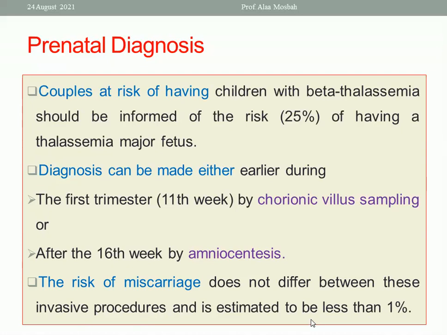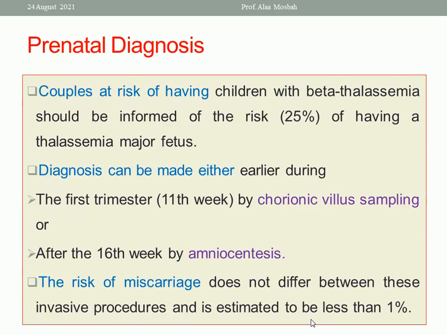What about prenatal diagnosis? Couples at risk of having children with beta thalassemia should be informed that the risk is 25% of having a thalassemia major fetus. Okay? So, how can I do prenatal diagnosis? Diagnosis can be made either in the first trimester at the 11th week by chorionic villus sampling and